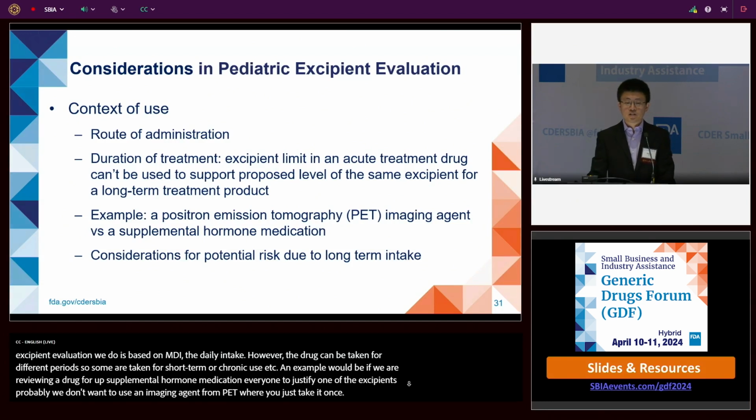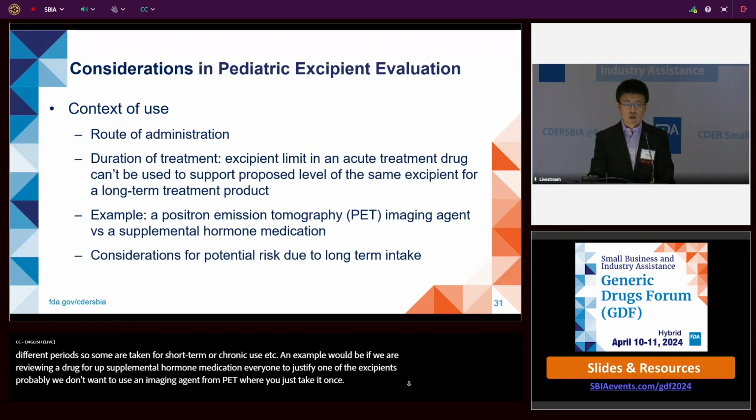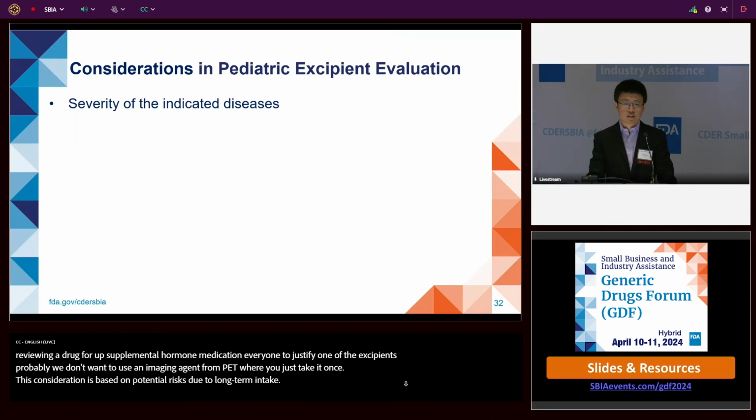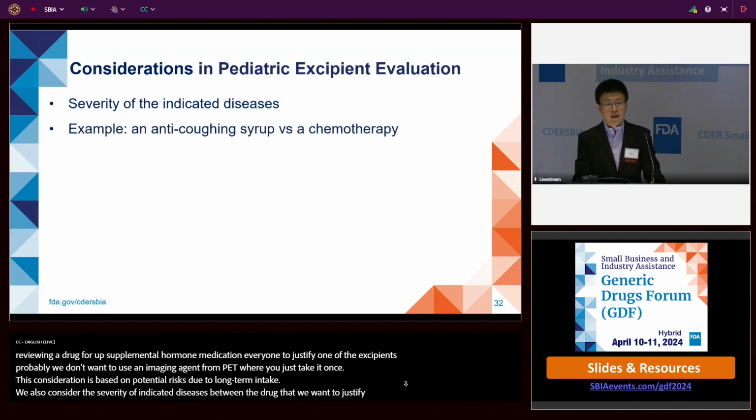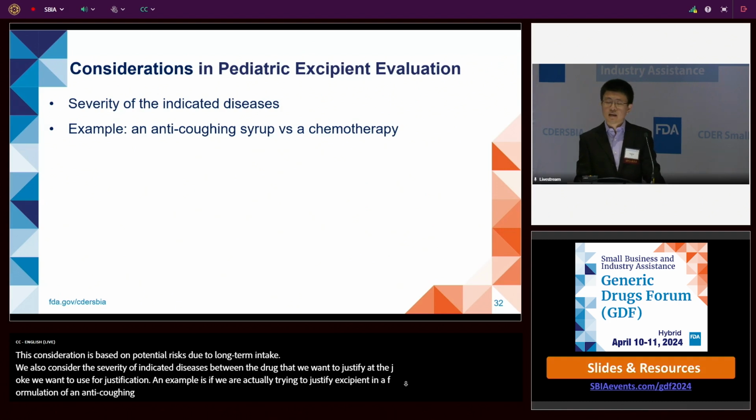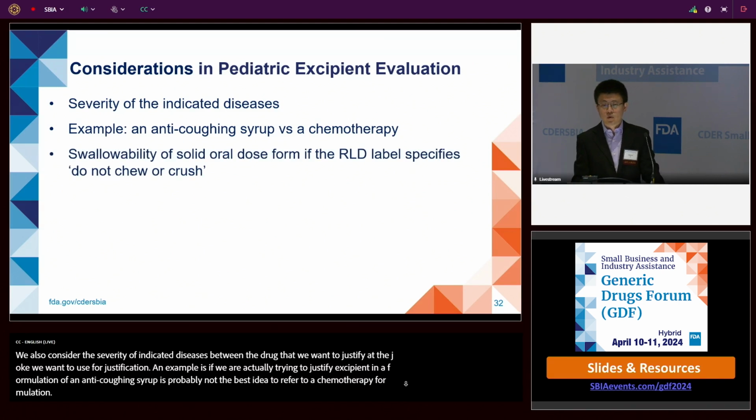So this consideration is based on potential risk due to long-term intake. We also consider the severity of indicated diseases between the drug we want to justify and the drug we want to use for justification. An example is if we are trying to justify an excipient in a formulation of an anti-coughing syrup, probably it's not the best idea to refer to a chemotherapy formulation because the patient will take different